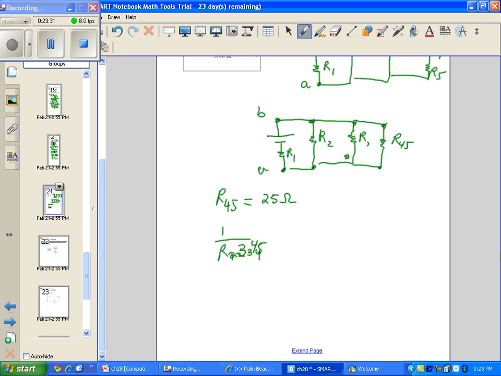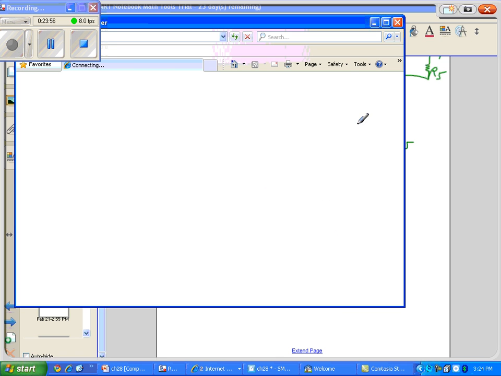Let's get our eraser and clean this up a little bit, since we are not involving R1. 1 over R2, 3, 4, 5 equals 1 over R2, which is 1 over 10, plus, let's put our unit, 1 over R3, which is,